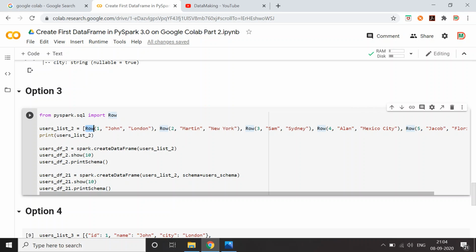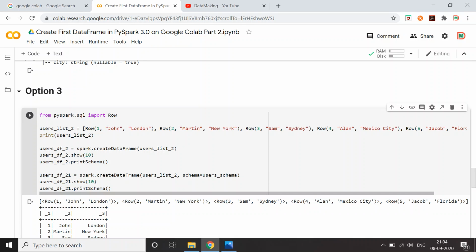This is the first row, where the first column values are ID, name, and city. You prepare a Row object for each row, and pass the list of Row objects to createDataFrame. It will work in the same way. The only difference is that we are using a Row object instead of a normal tuple. If you provide a schema, the data frame will have that schema.